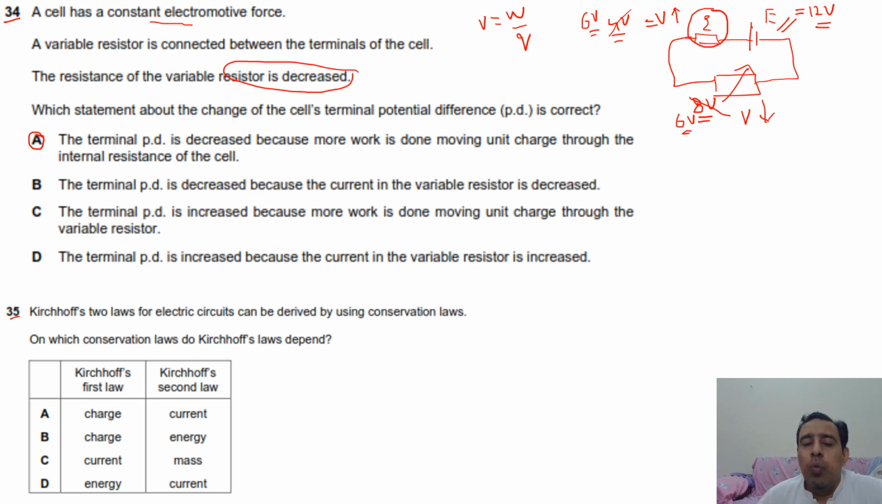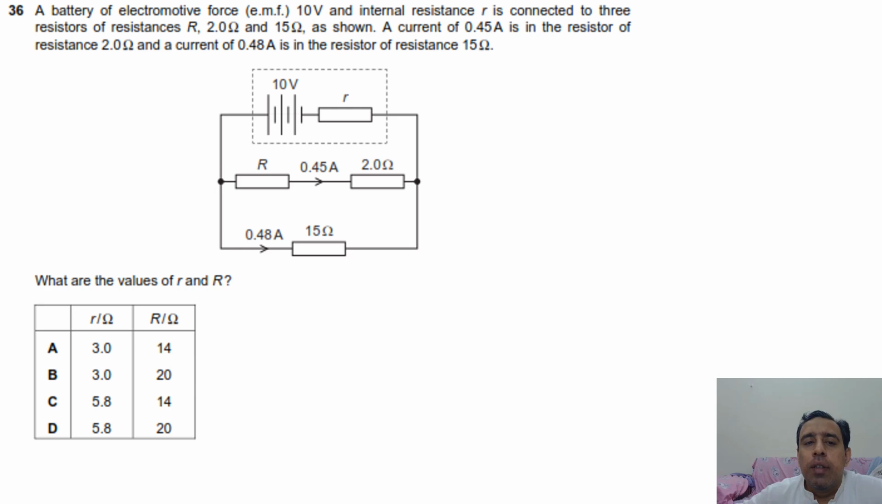In question number 35, this is actually the basic definition and some properties of the Kirchhoff laws. For the Kirchhoff current rule, the charge is conserved, and for the voltage rule, the energy is conserved. So from the knowledge, we come to know that option B is correct. In question number 36,